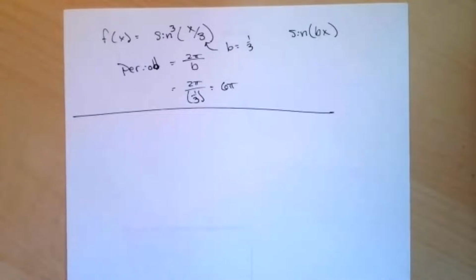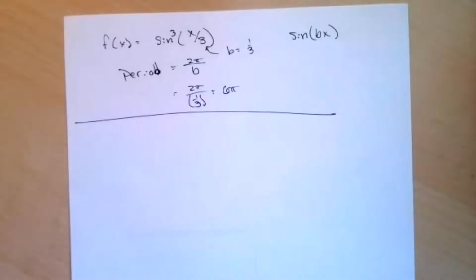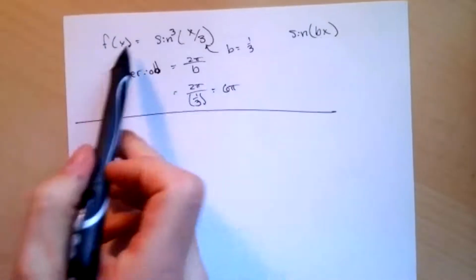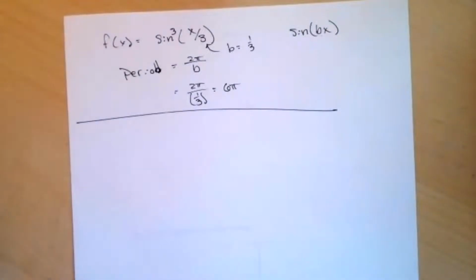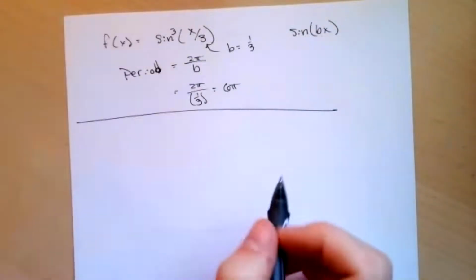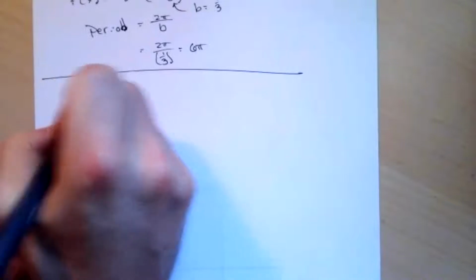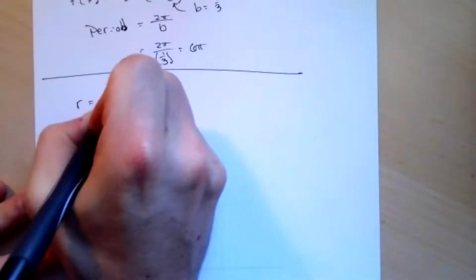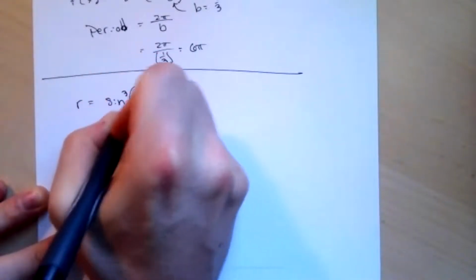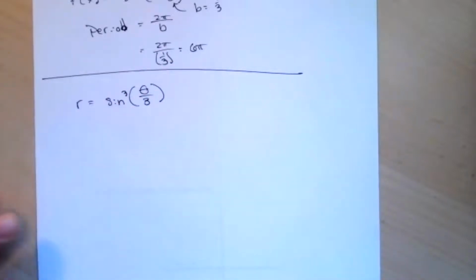So weird things can happen where, even though naturally the function has a period of 6 pi, part of that period, as we saw when graphing it linearly as f of x is sine cubed of x over 3, is below the x-axis, namely that it's negative. So if we were to graph that in polar coordinates, r is equal to sine cubed of theta over 3,